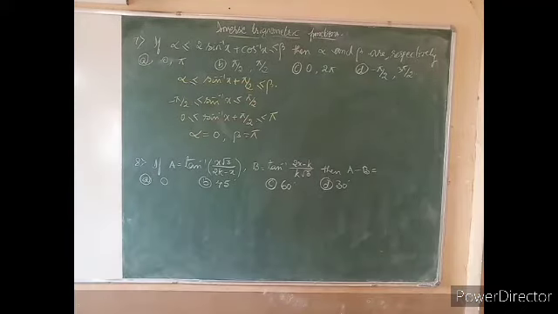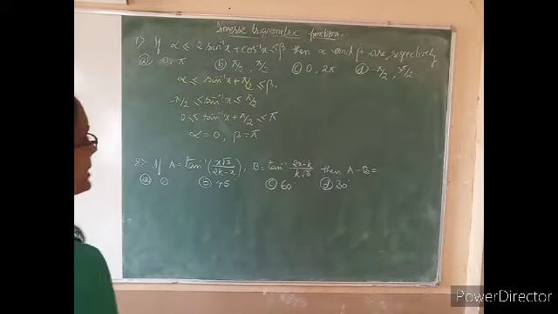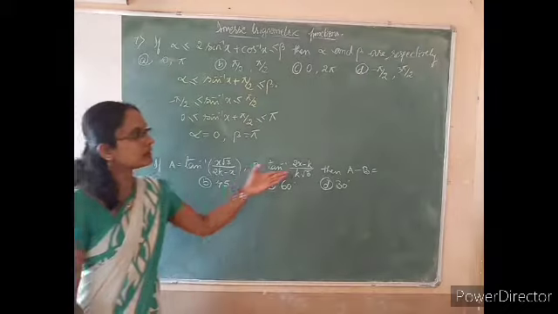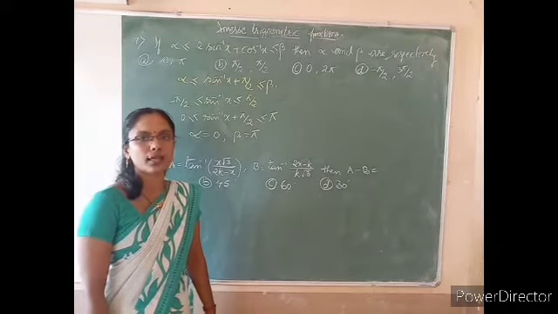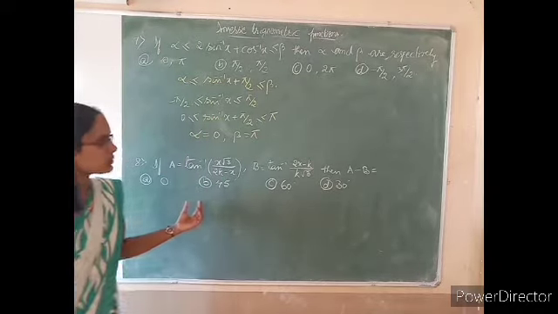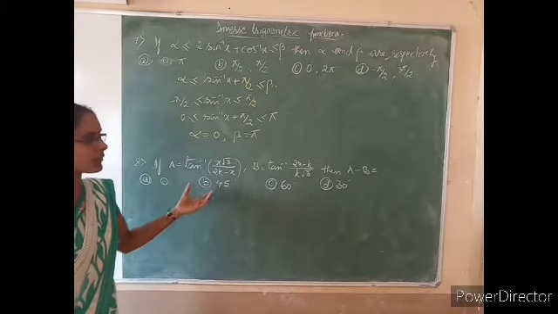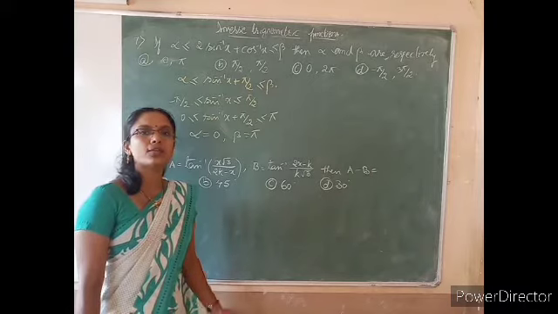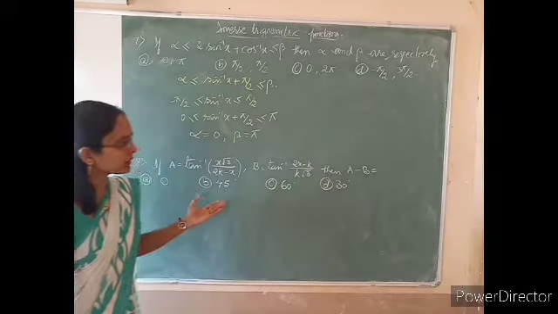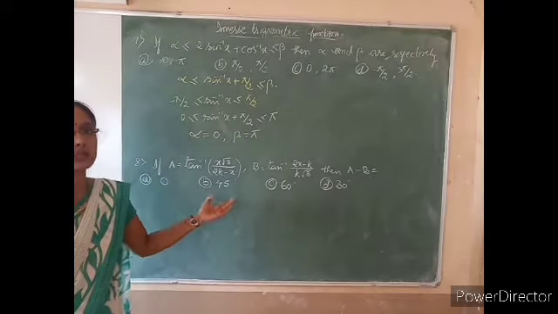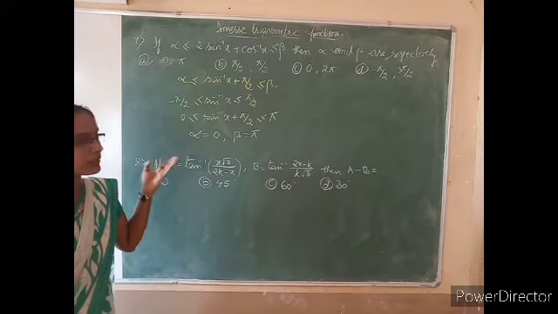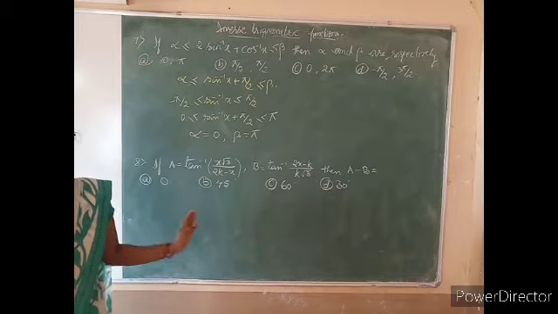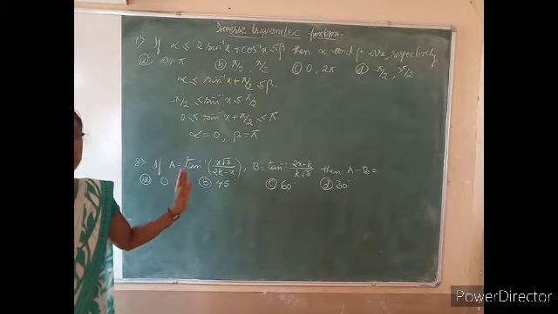The next will be where both a and b are expressed in terms of tan inverse. We have to find the difference of this a and b here. Using the property, we can solve: tan inverse of x minus tan inverse of y is tan inverse of (x minus y) divided by (1 plus xy). Using that we can solve, but that is a very lengthy process. But we use the concept of domain of this function.